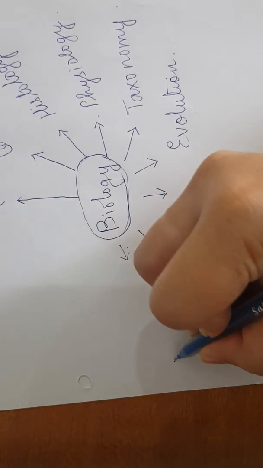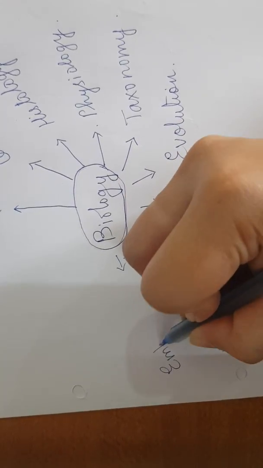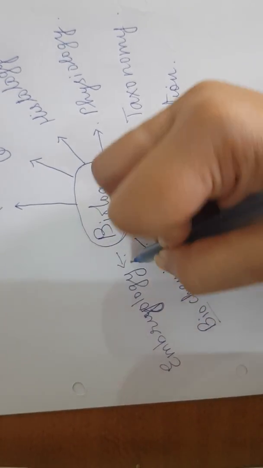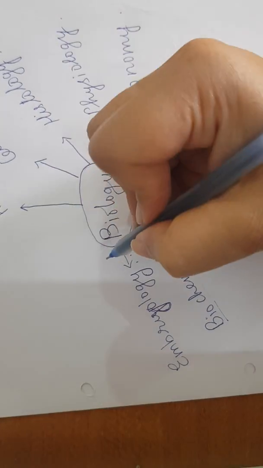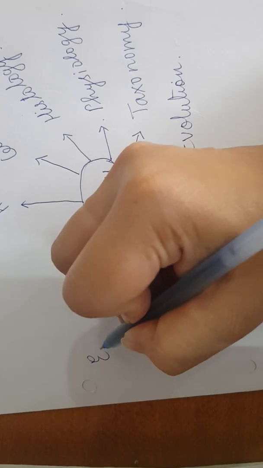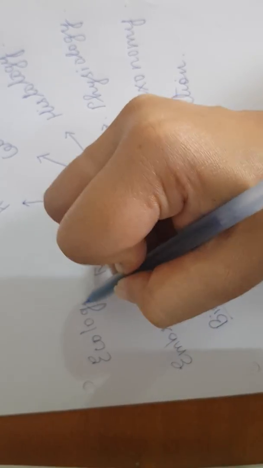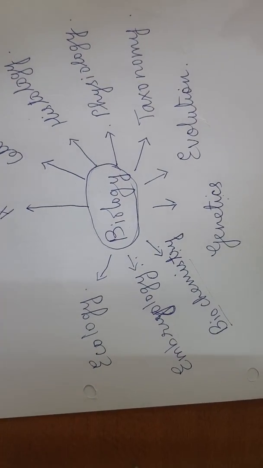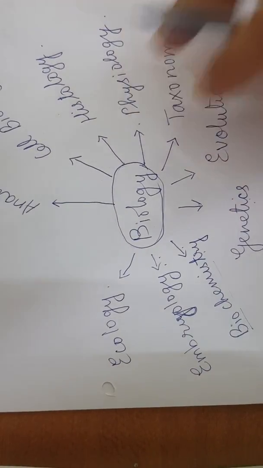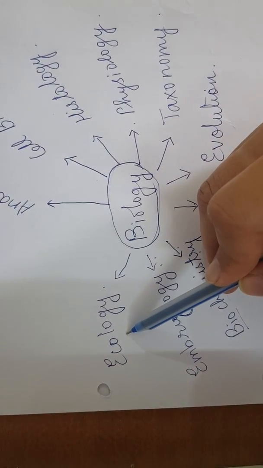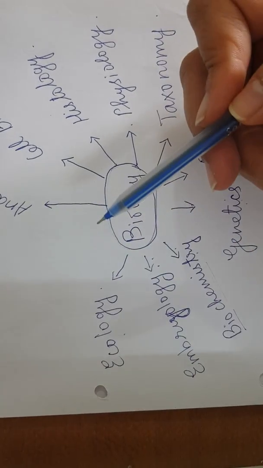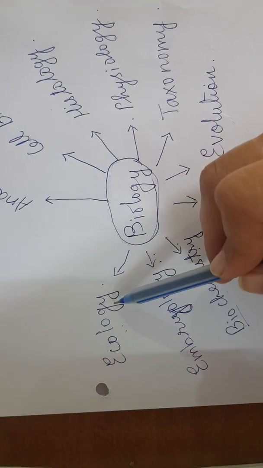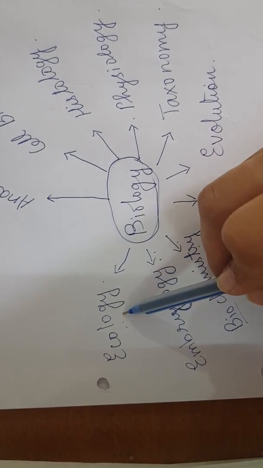Then we have a subject specifically for study of the embryo, which is known as embryology. Then we have a branch known as ecology. Ecology is nothing but the study of organisms in their environment. The behavior of organisms is very much related to the environment that they live in, and therefore study of the environment and how the organism interacts with it is very necessary, so we have a special branch designed for that subject, which is known as ecology.